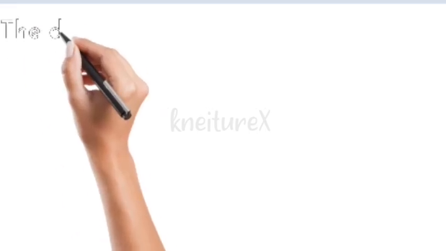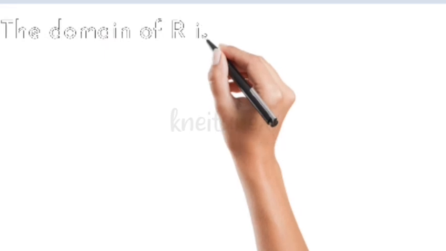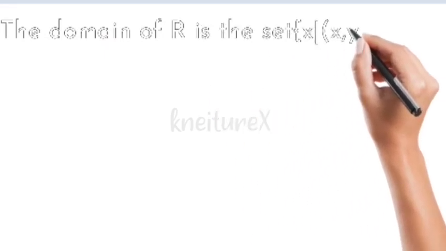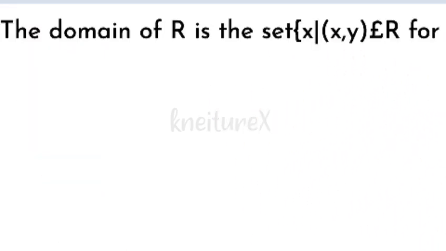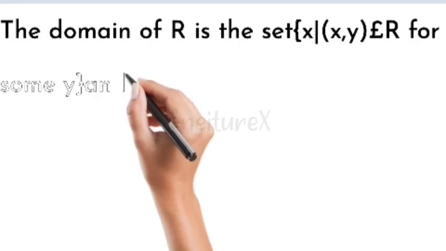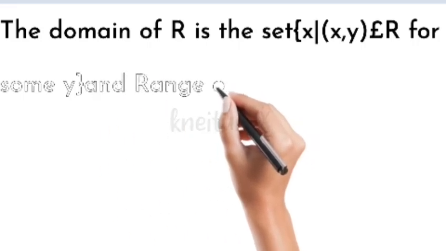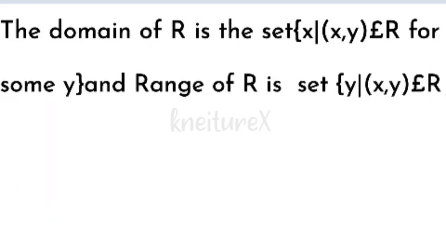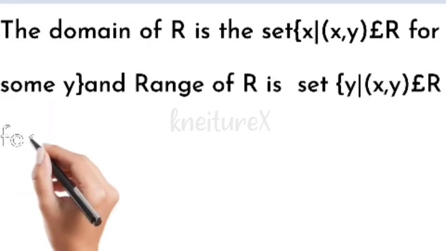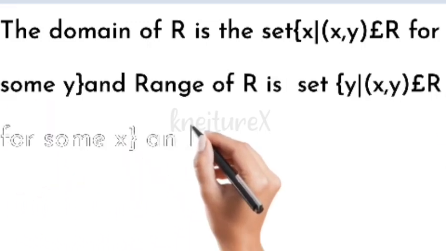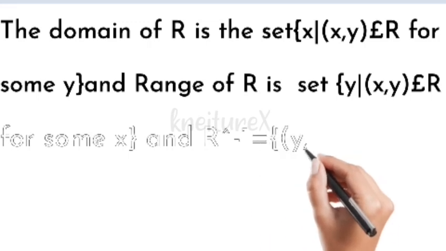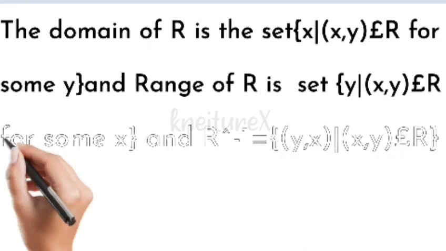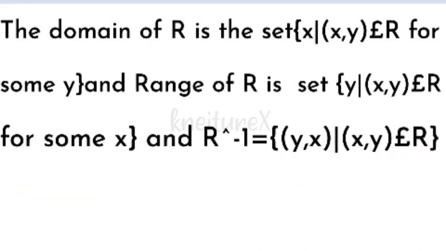So a range is just a set of images that elements in a domain are mapped onto. The images in our codomain, that is what we refer to as range. So the domain of a relation is the set of x such that (x, y) is in R, in our real field. It is also our relation. And the range of our relation is a set